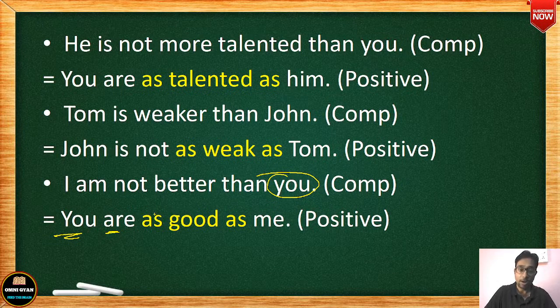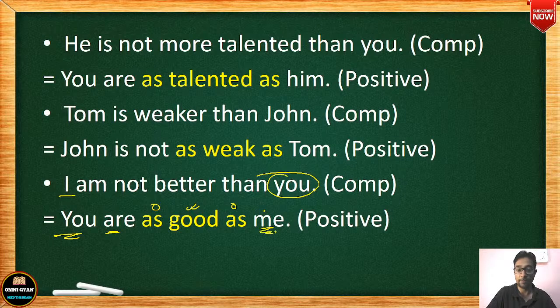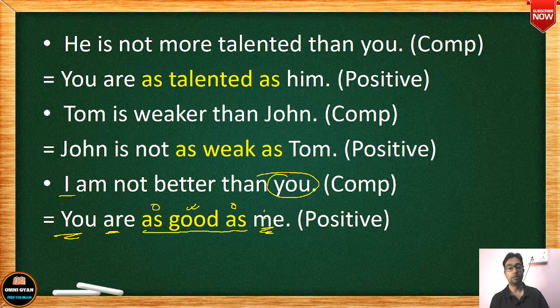तो आई एम नॉट बेटर देन यू, तो रूल इज यू आप सबसे पहले लाएंगे, यू विल ब्रिंग यू इन द बिगिनिंग, यू के साथ आर ही जाएगा, विथ यू वी ऑलवेज यूज आर, और इन पास्ट टेंस वर, ओके, ये सब्जेक्ट वर्ब एग्रीमेंट के अंदर में है। फिर यू आर, फिर एज प्लस डिग्री प्लस एज, एंड देन आई अगर इस साइड में आ जाता है वो मी बन जाता है, तो यू आर एज गुड एज मी।